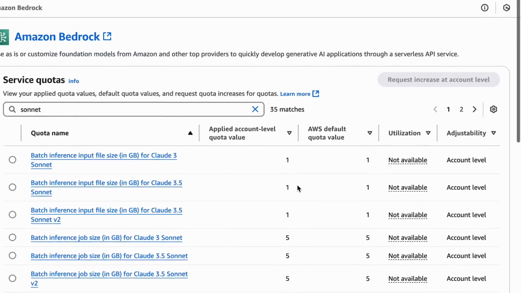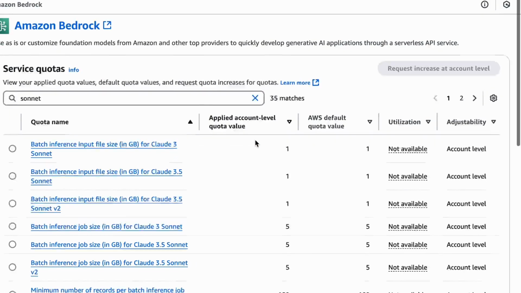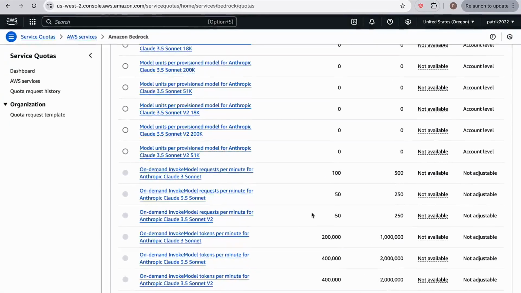As you can see, this is 50. That's the applied account level quota. Okay, now this is already increased for me from 25, but some of you, it might be even lower. Okay, and the reason for that is because these models are in high demand, and you have to justify why you want to upgrade your plan, okay?